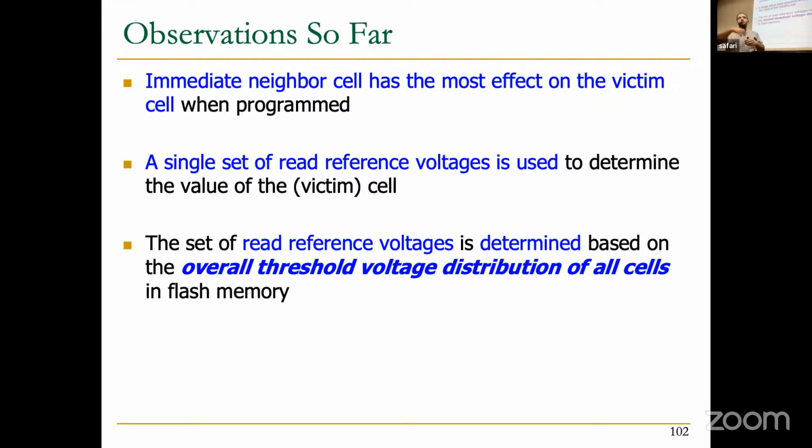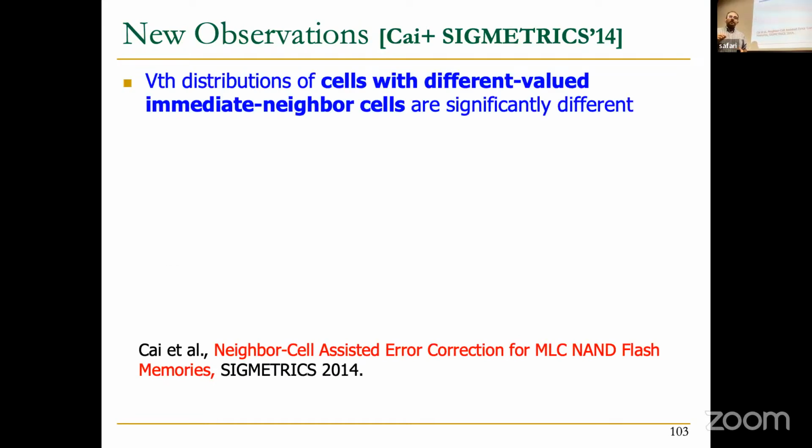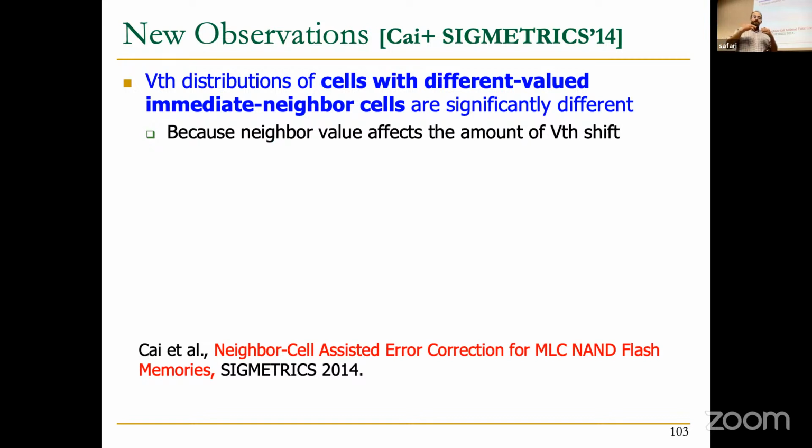So you have this distribution figure, which shows the overall distribution of all flash cells in that page or block, or the whole flash chip. But if you have a more detailed understanding of that, you can actually make it much better. The threshold distribution of cells with different values in immediate neighbor cells are different. So if you condition your distribution by the value of the immediate neighbor, you can more accurately